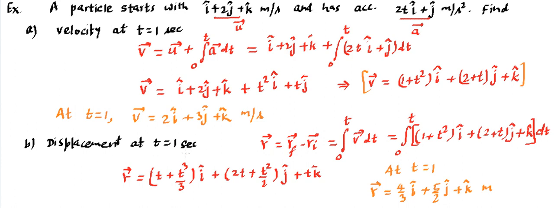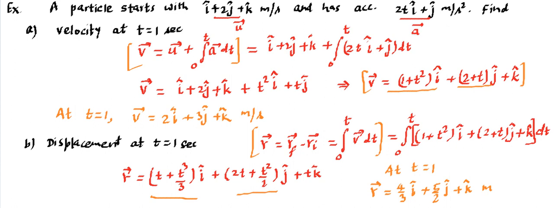If you need to find the magnitude, you can use the formula for getting the magnitude of a vector, and that will give you the magnitude. So this is the entire idea. Whenever you find a to be variable, a function of t, it's going to be easier. First use this relation or formula to find the velocity in general terms, that means in terms of t, and then follow this formula and put that value of v to find r in terms of t, and then everything is solved. Making sense?